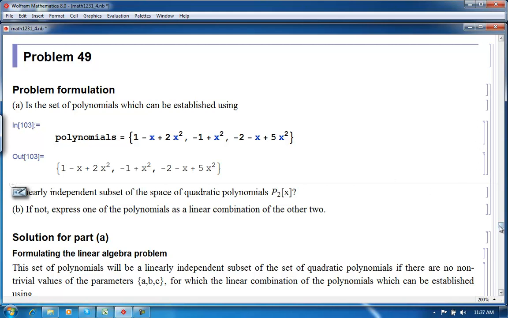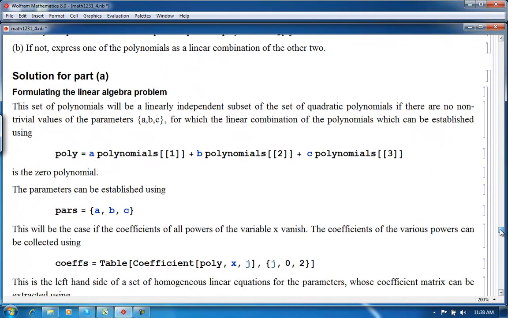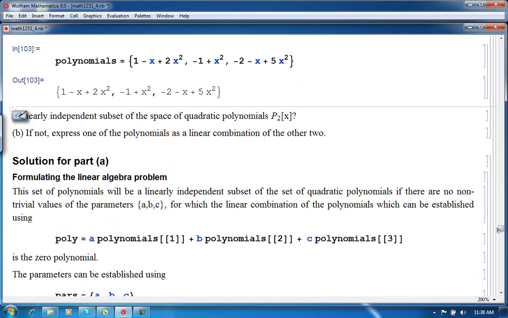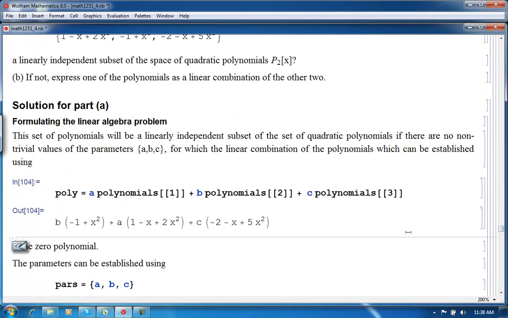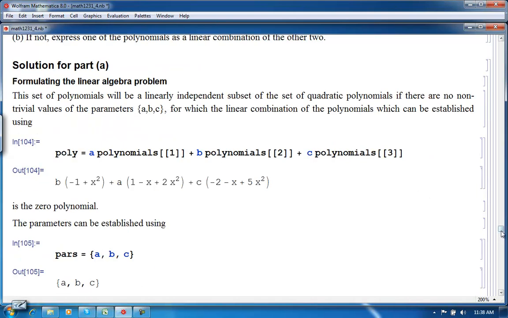So let's start with problem A, or part A. So the first step is to formulate the problem as a linear algebra problem. This set of polynomials will be a linearly independent subset of the set of quadratic polynomials if there are no non-trivial values of the parameters a, b, and c for which the linear combination of the polynomials here is the zero polynomial. Well, we can establish these parameters using this,